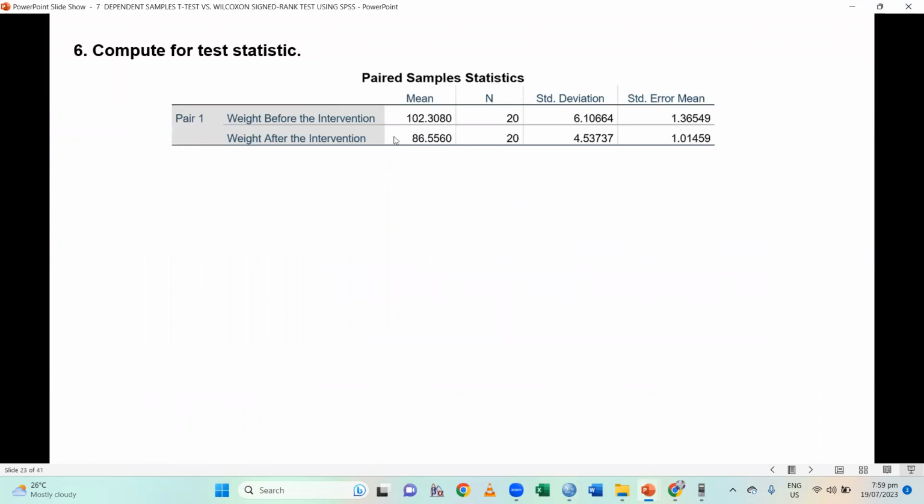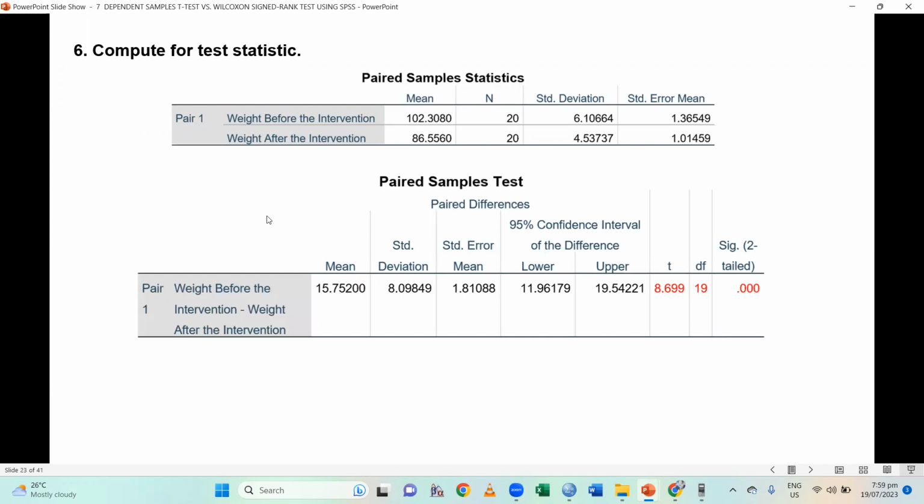So the mean weight before the intervention is 102.3080. And the mean weight after the intervention is 86.5560. The difference is quite far, no? Yes po. But again, I like this. I also want to lose weight. Just kidding. Okay, so if you could see